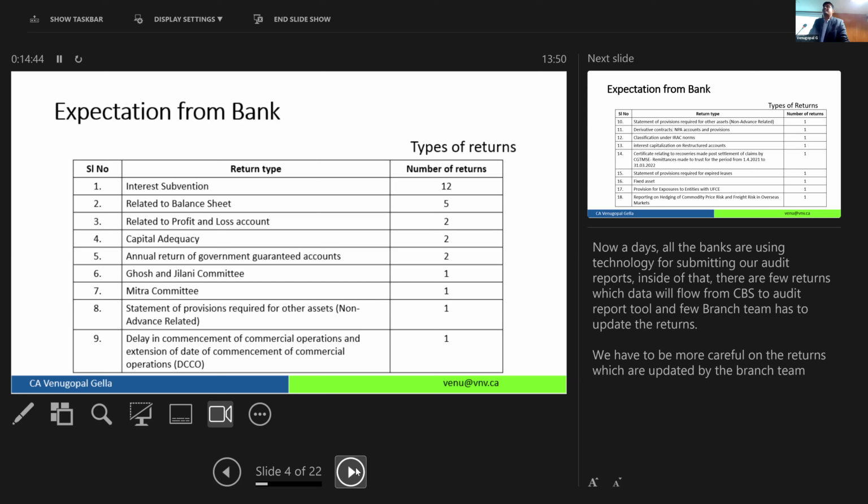Adding one more parameter. Now you are looking at this 1,000 crores, which is there as loans in both the banks.